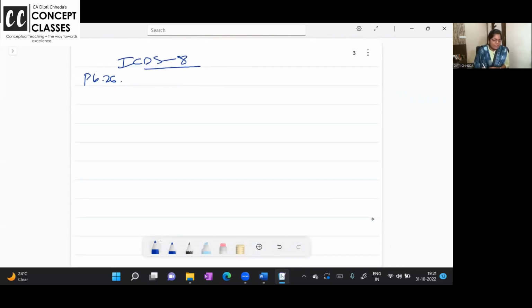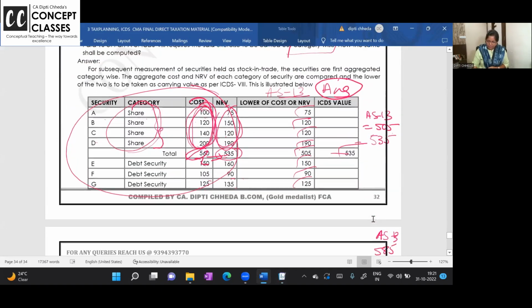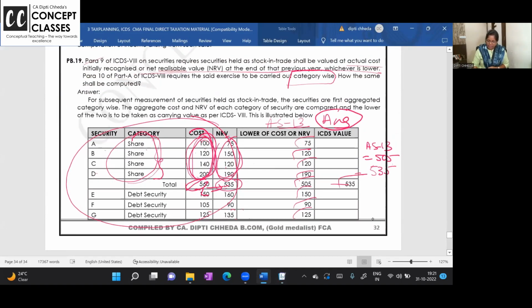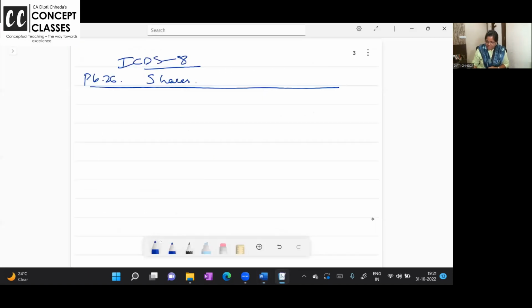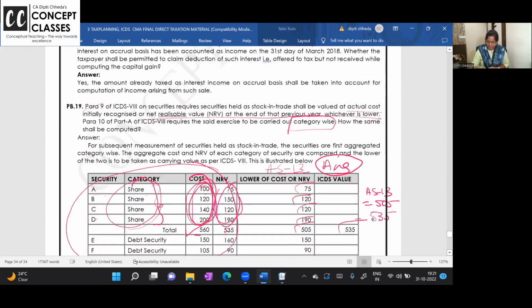It's for one category only, shares. But we will do everything. Do the total and we will compare cost or NRV, whichever it is. But we can't directly take it, because the number of shares is not given in the problem which we completed. Here, the number of shares of every script is not the same, no? Are you getting it? I'll show you how it is different from that problem.